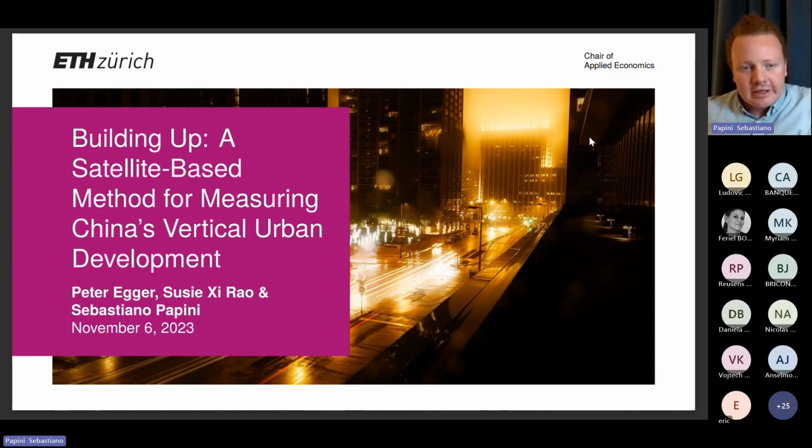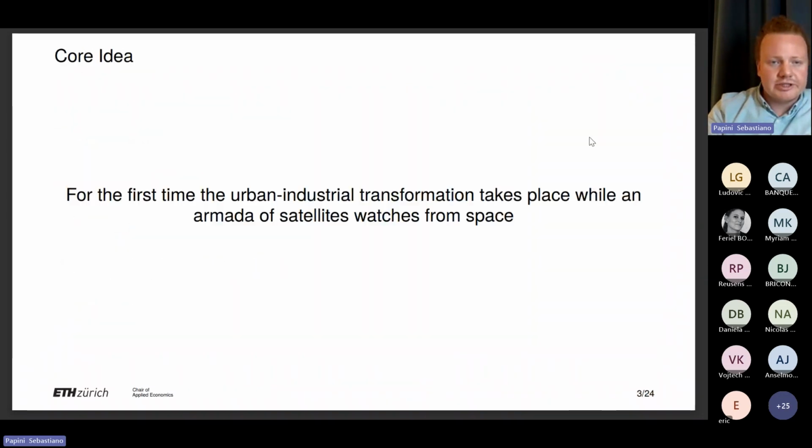So our whole team is at ETH. Susie Rao is rather at the computer science end of things, and Peter and me, we're economists. We are interested in the vertical urban development. So maybe I switch right to here. So the core idea of this project is that